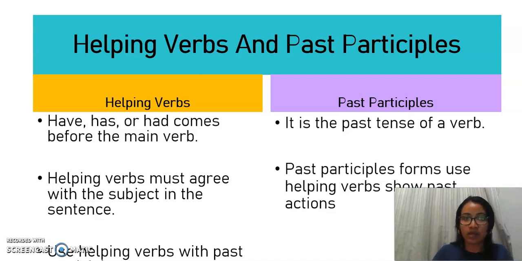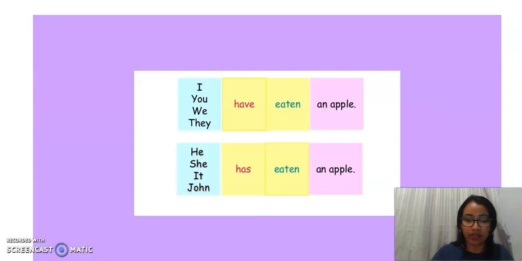Let's see some examples about how to form this tense. The first thing that we need is a subject. I, we, you, they. And here I separated them for you. So we have I, you, we, and they. And with those subjects, we use have. And then we have the past participle of a verb. In this case, eaten an apple. I will give you a list of verbs for you to learn and study, so you won't have any problem forming the past participle.